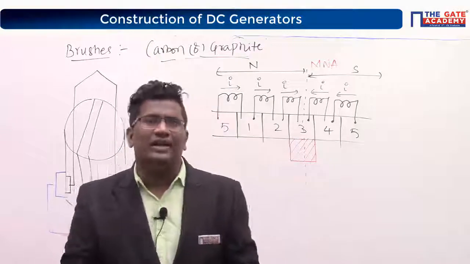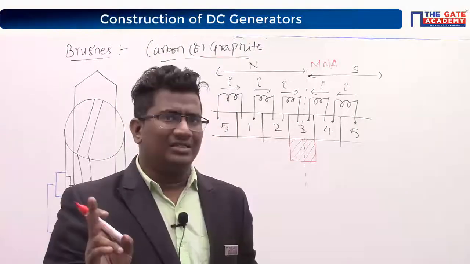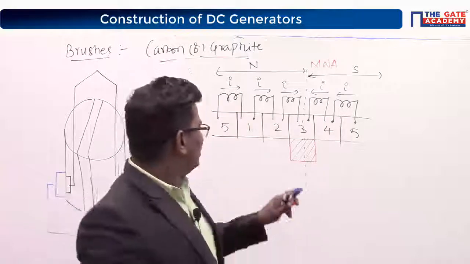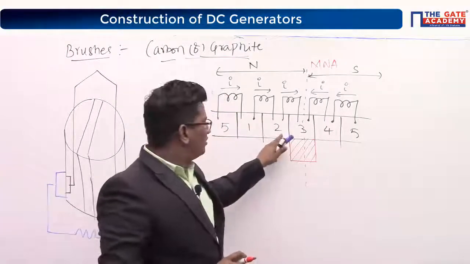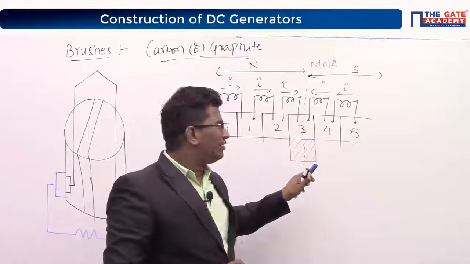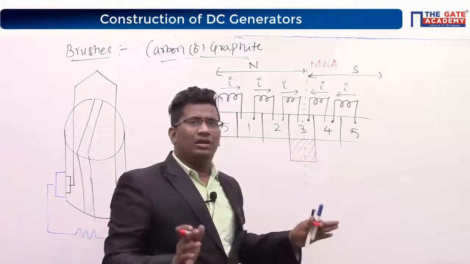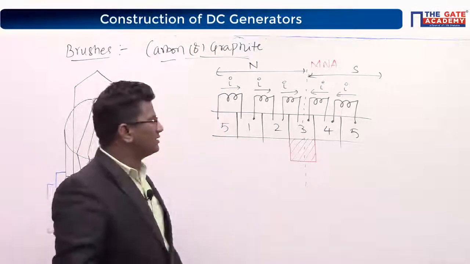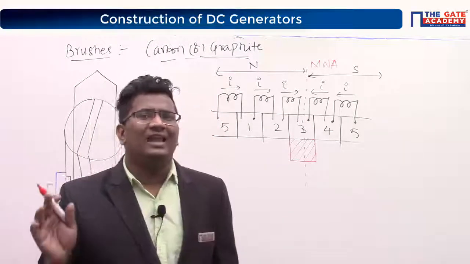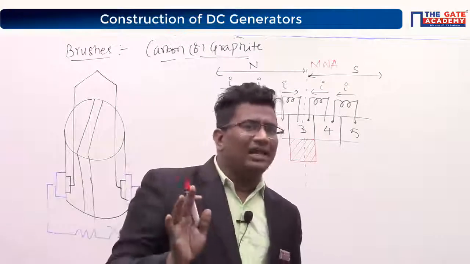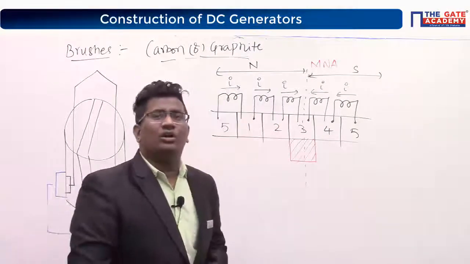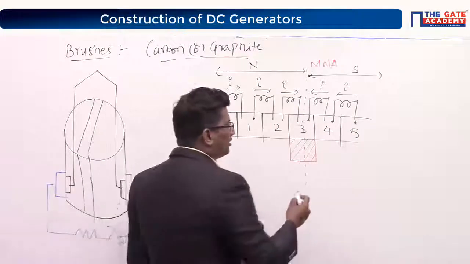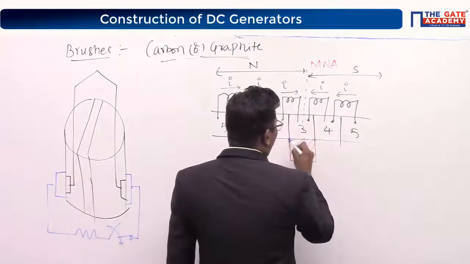Will it produce any circulating currents? I am asking a question. Along the MNA axis, 0 volt. This commutator is a metallic conductor, this brush is also a metallic conductor. Both are connected together, 0 volt short circuit. Will it produce any circulating current? No circulating currents. Can I say the brush is not facing any circulating currents? Therefore, can I say we are achieving good commutation or not? Tell me.